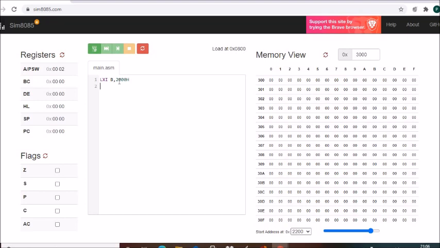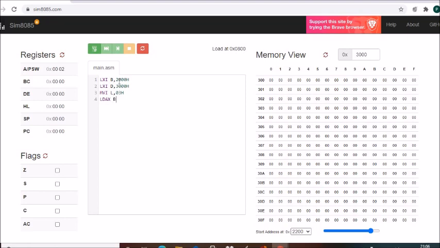Then LXI D, 3000H. You can take the count as you wish. MVI L, 03. I'm taking the count as 3. I'll take three bytes of data.